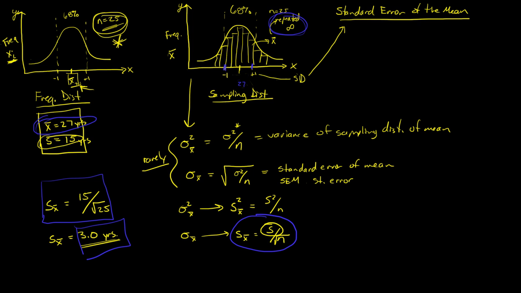We would expect 68% of the sample means, had we repeated this an infinite number of times, to be between 30 and 24. And so the standard error gives you an estimate of what the variability of means could be in the population,